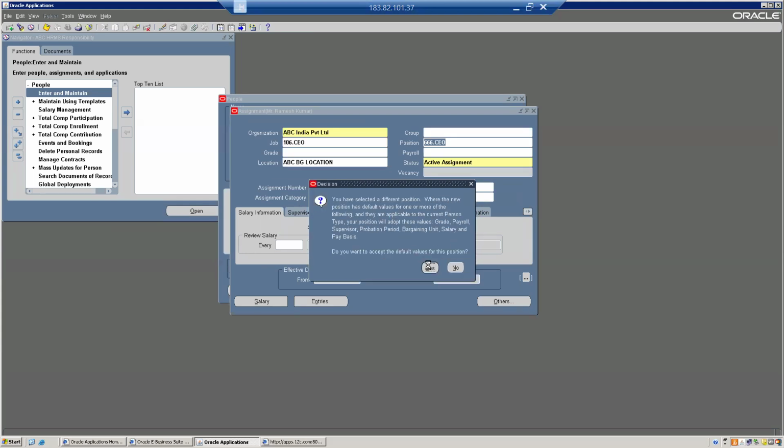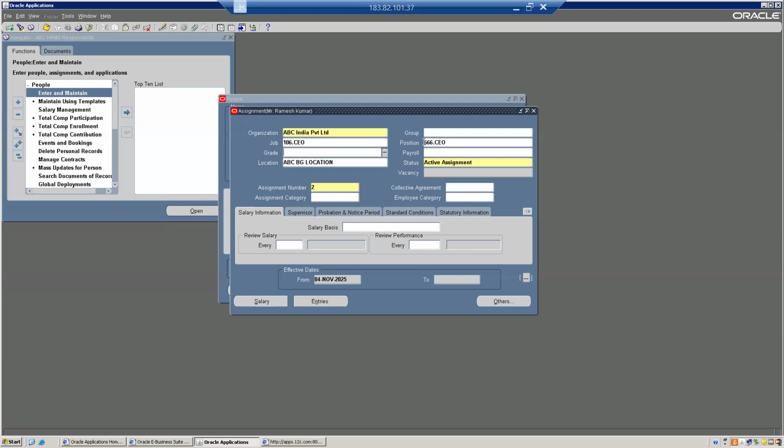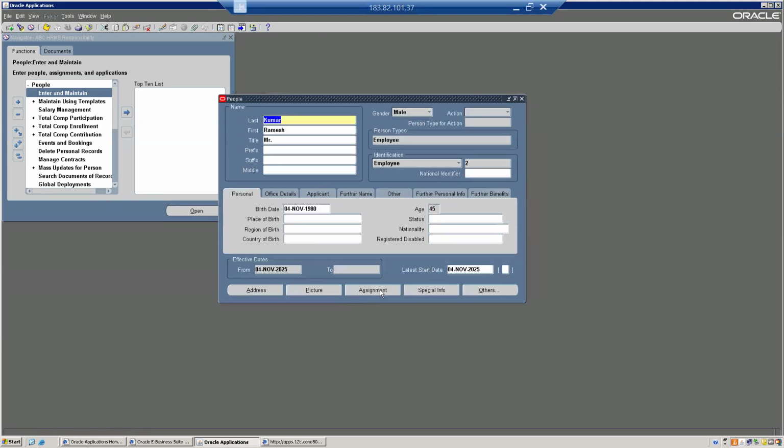Okay, yes. So when you click on that, it will ask whether you want to default the job also. If you click yes, then the job also will default. Now what have we done? We created an employee, and we assigned position and job by clicking the assignment button. So next is